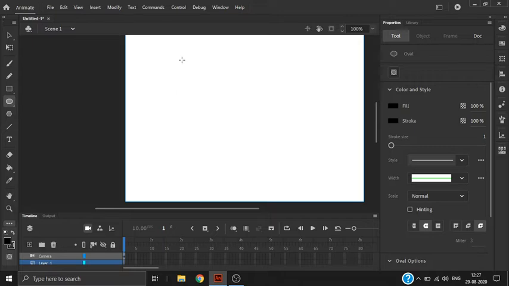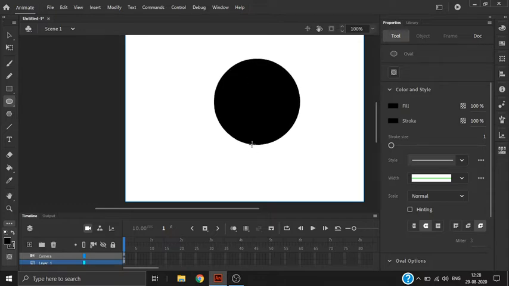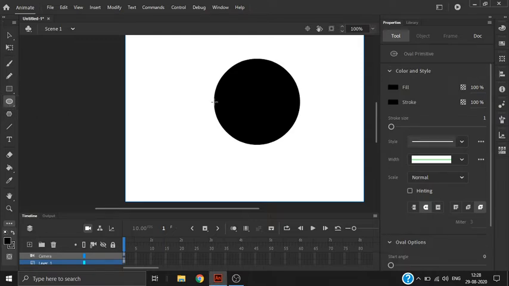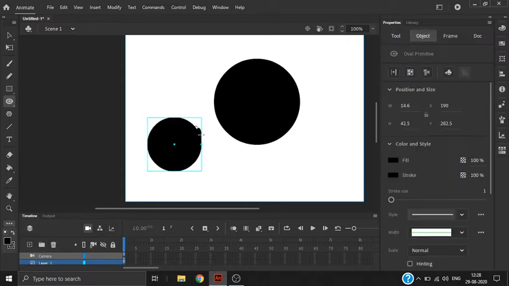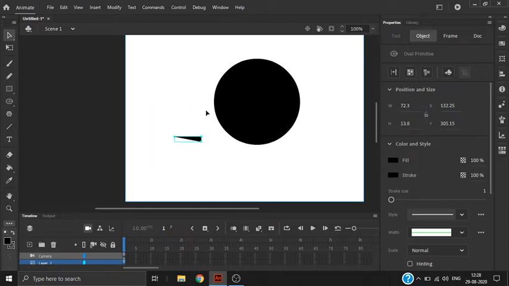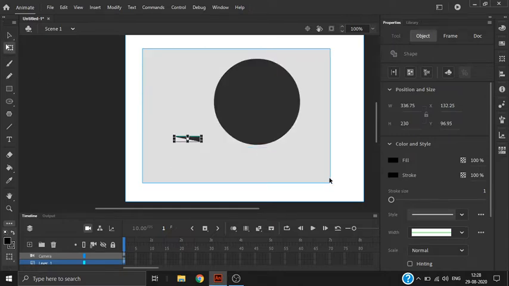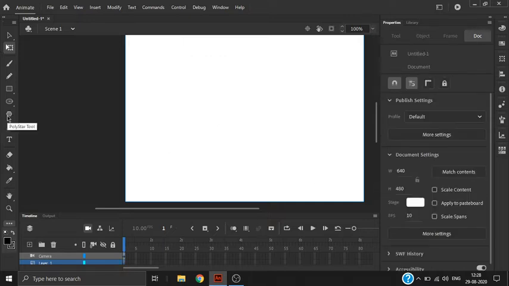And our next tool is the oval tool. The oval tool is used to draw ovals as suggested in the name, and same as with the rectangle tool, it can also be drawn into a circle when you hold shift. And this is the oval primitive tool. When you draw a circle, you can make these pac-man animations. Got it? Okay.